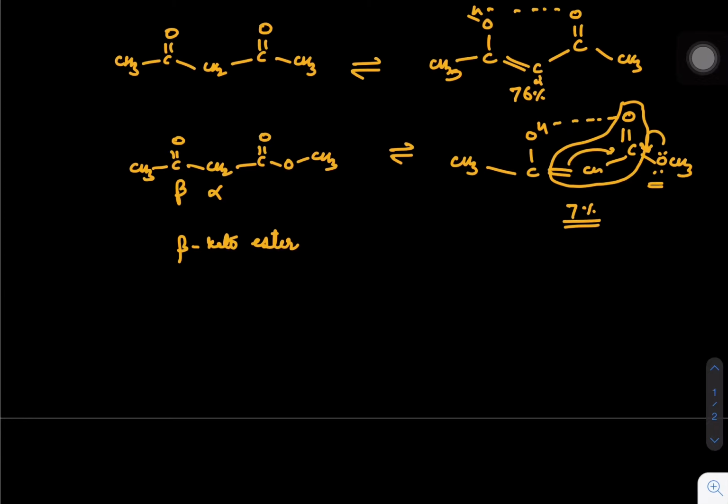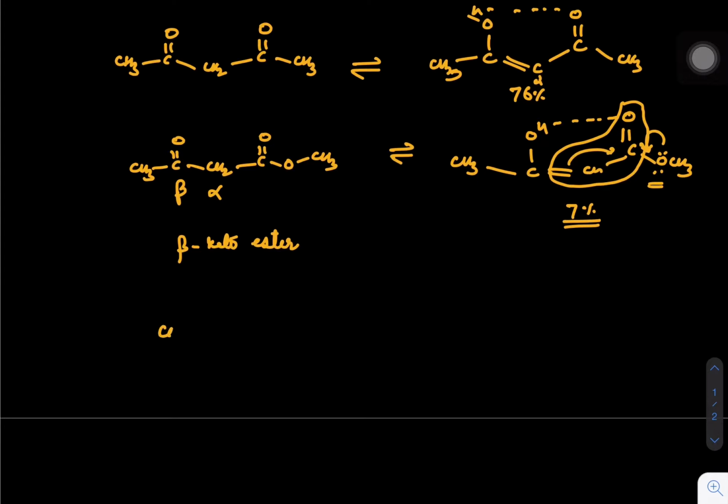The next important thing is, when you have any aldehyde and ketone, how will you decide which will have the higher value of enol content? So you can write that the amount of enolic form in a dicarbonyl compound is much greater than in the normal aldehyde and ketone.